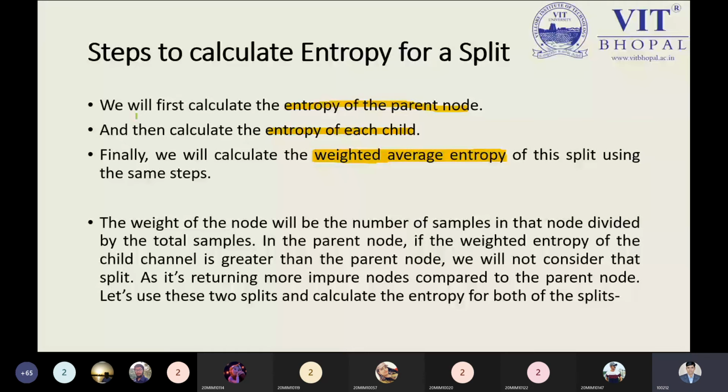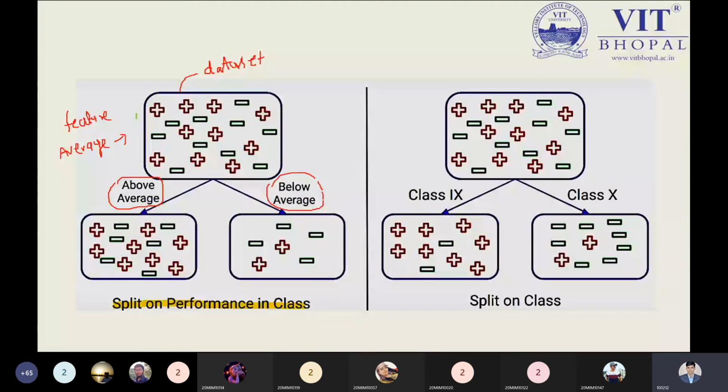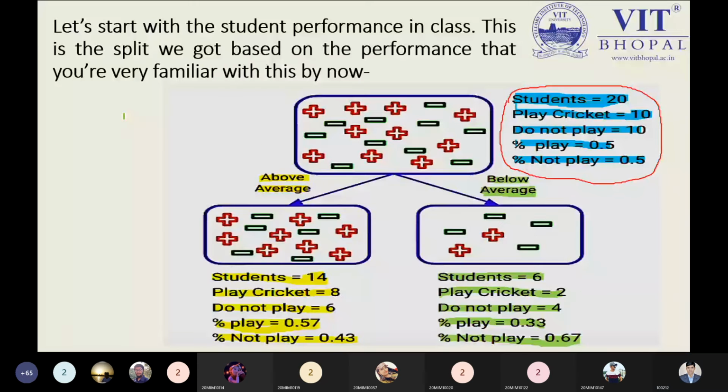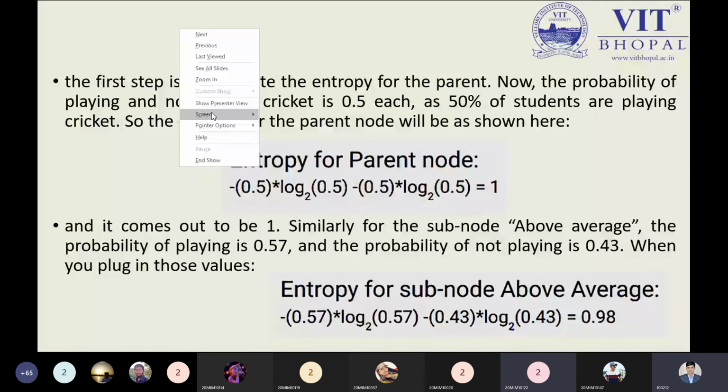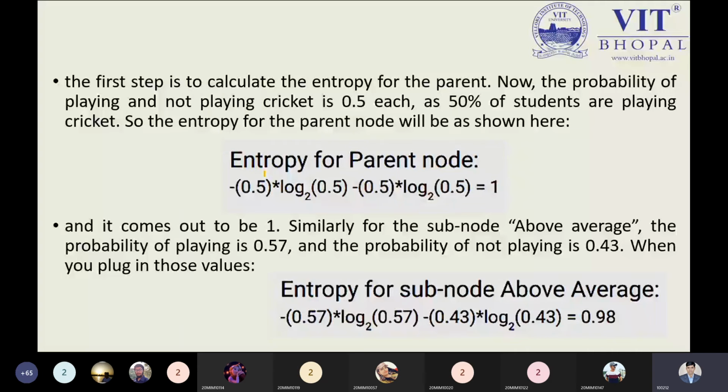By using this data, after calculating this part, let us understand the thing properly. I hope this slide is visible to all, which contains the entropy values of the parents. Is it clear to all? Yes, sir. I am not talking about the English statement written over here; I am talking about the formula. Just apply the values and see what you get. For the entropy of the parent node, my dear students, you can check by applying the formula: minus summation of p into log p. You get 1. Is it clear to all right now?